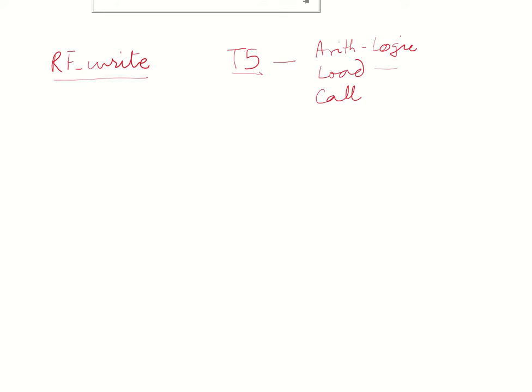If it was a load instruction, that means there was a memory access in stage 4 and the data has been brought from the memory, and it has to be stored in some register. In case it was a call instruction, the return address has to be put in the register file.